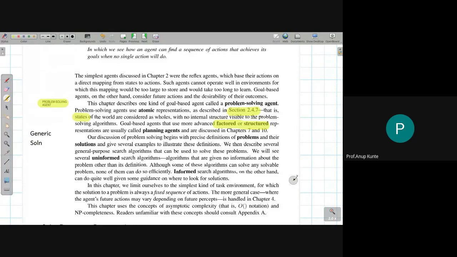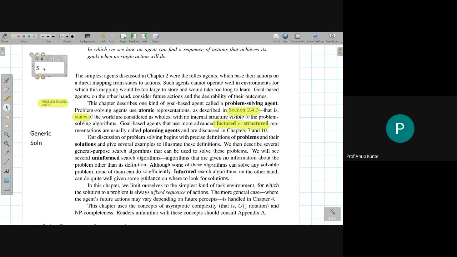So we are considering the state of the environment as a block, an unchangeable block of a set of properties, and that is why we are saying that it is atomic. It's not further divisible. I may not say that at one point I use certain variables to represent the state of the environment while solving a problem, and at some other instance, while solving the same problem, I represent the state differently. For example, I'll write an example over here so that you'll understand.